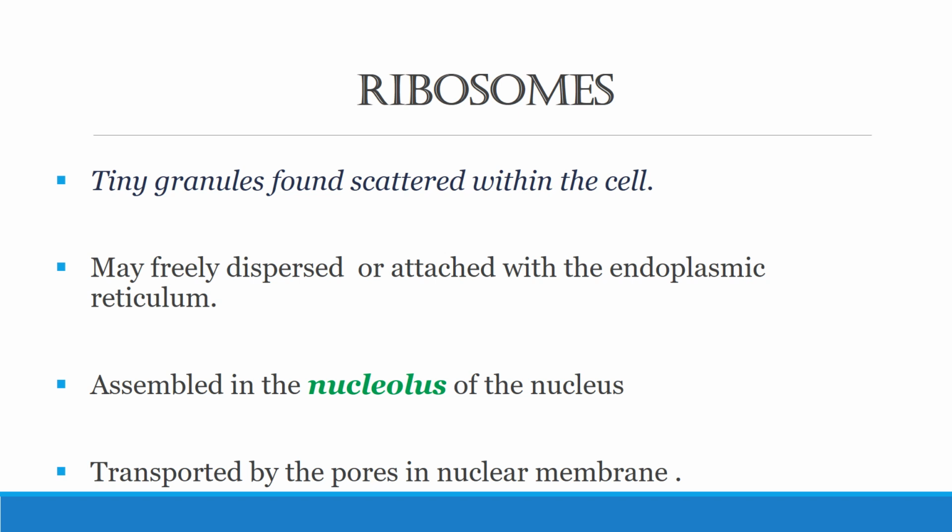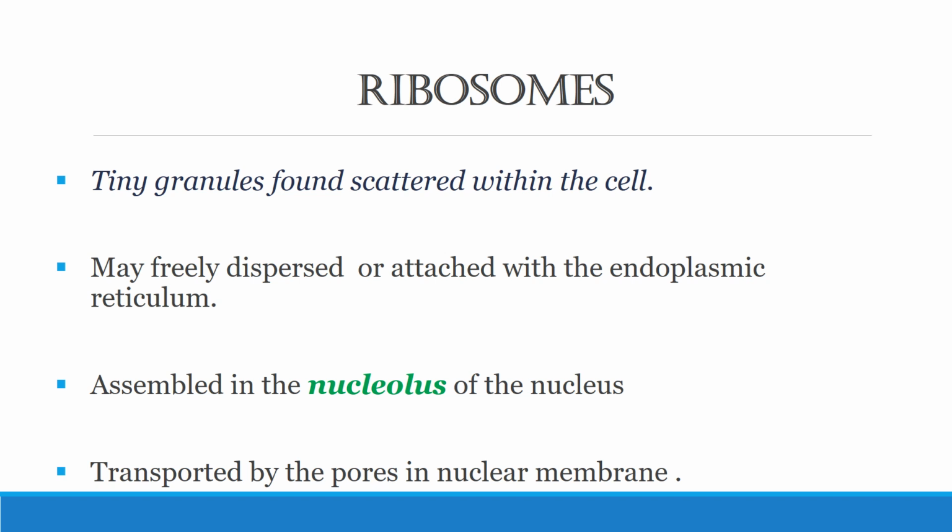Then coming to the ribosomes, that are tiny granules which may be found attached or dispersed within the cell, and they are mostly attached to the rough endoplasmic reticulum or dispersed within the cytoplasm. So these are the two different states in which you can see the ribosomes. So these were discovered somewhere in the 1950s by scientist George Palade, who also found out that these ribosomes, they